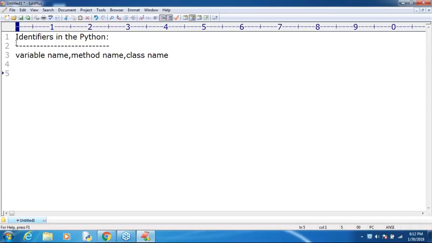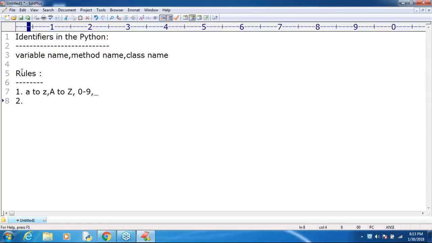While defining identifiers, we are required to follow certain rules and regulations. What things do we have to follow? What are the various rules we require to follow? I covered 5 to 6 rules. The only allowed symbols in Python identifiers are alphabet symbols A to Z, either lowercase or uppercase, then digits 0 to 9, and only one more special symbol. Can you spell out what the other symbol is? The underscore symbol. These are the only allowed symbols in Python identifiers.